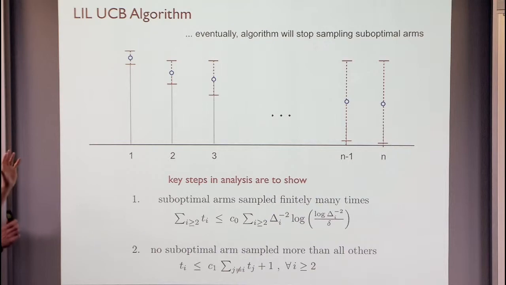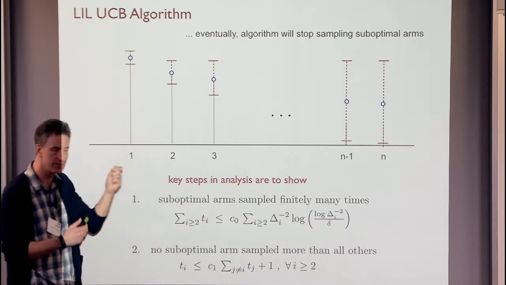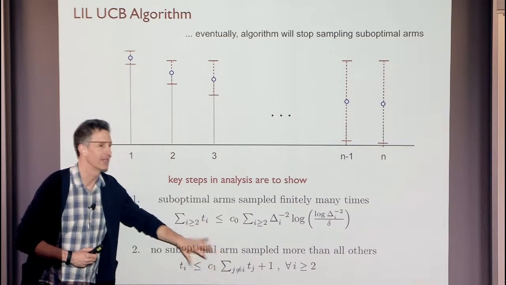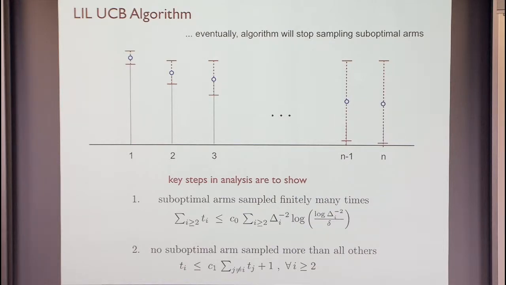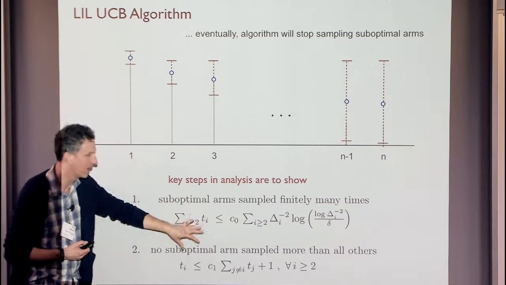The key, at a very, very loose high level, is that rather than trying to control all of the arms and their confidence intervals individually, which we could have done with that successive elimination style algorithm, we're just looking at controlling averages of things. This averaging gets subtle in the details, but basically that's why it works. You don't ever have to take a union bound over arms because you're doing this averaging. The only one that you're really guaranteeing control over is that top arm, and the other things you're controlling are averages.